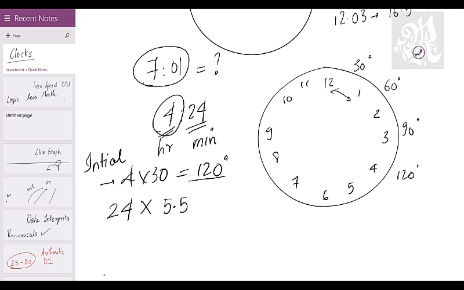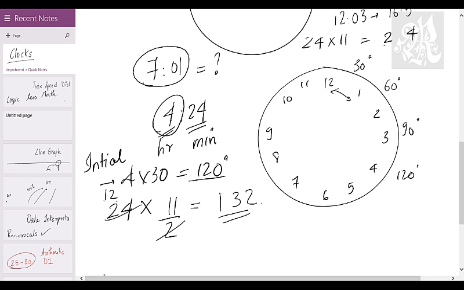Now 5.5 is a brilliant number. As I always say, 11 by 2 is a better number, because you can cancel the 2 out here and 12 elevens is easier. What is 12 elevens? Separate 1 and 2 and add and put in between: 132. When you multiply a number by 11, that's what you do. Separate the 2 digits and put the addition in the center. That's easy, right? For example, 24 into 11, just going a little offbeat, is going to be 2, 4, and 2 plus 4 is how much? 6. That's precisely 24 into 11, which is 264.